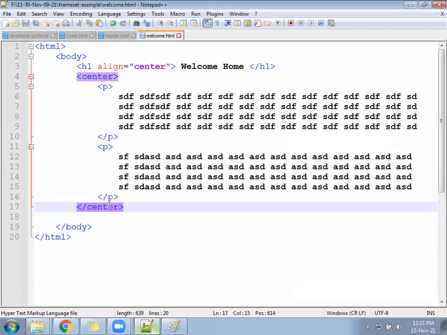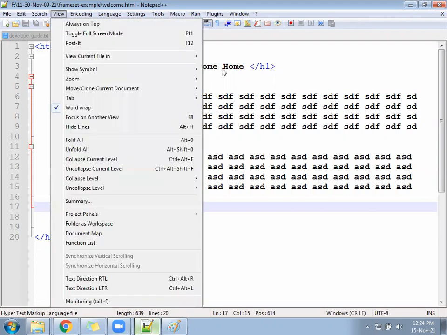Everything prints in the center. So the home file should also work something like this.